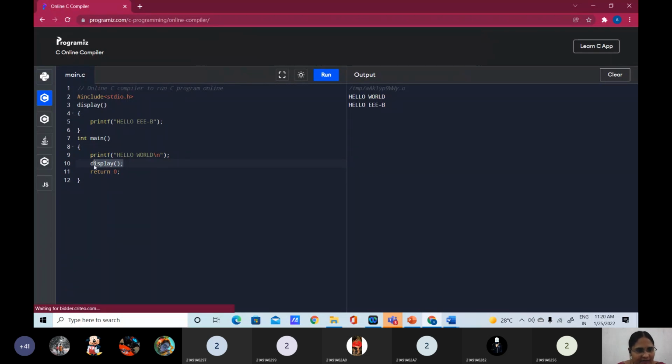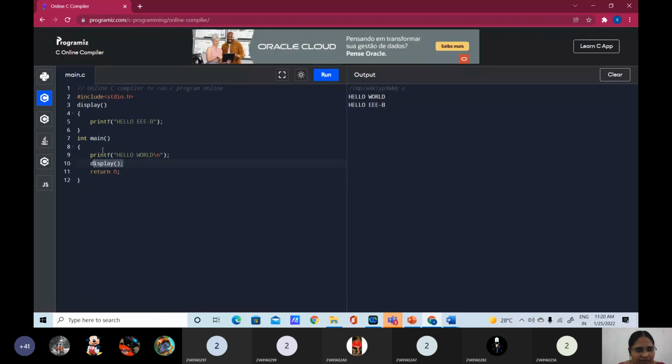So it means that here exactly the tracing is going to be started. Execution of the main function is going to be started here. When it is calling the display function, it will go here, it will execute here. So when it is tracing the display function, it will go to the display function globally. Inside, I have a printf statement, hello, that is going to be